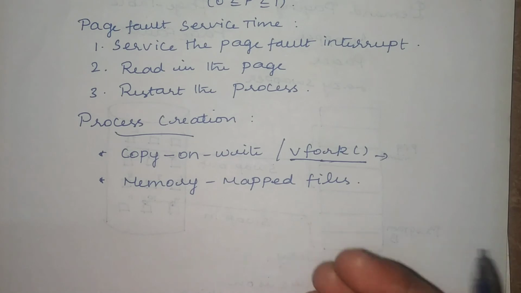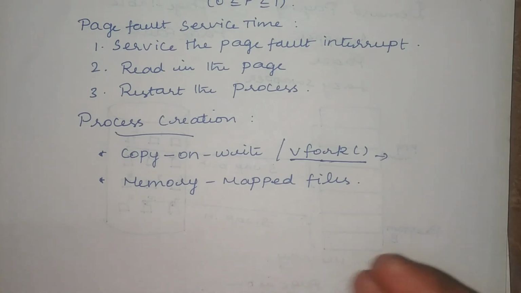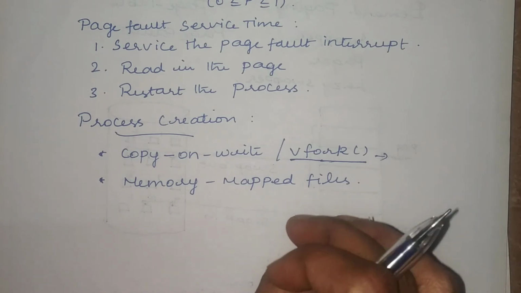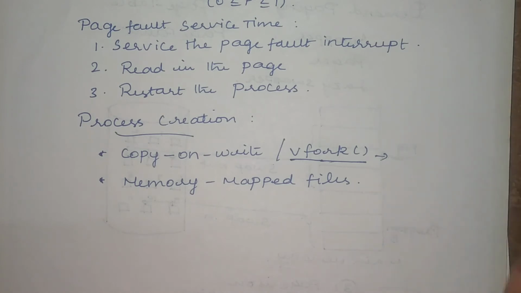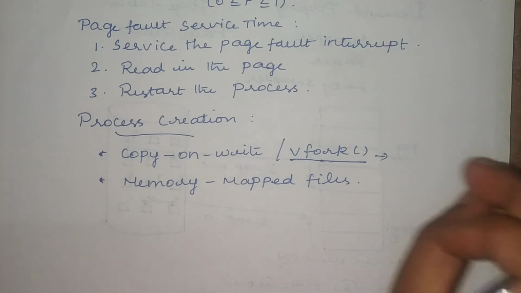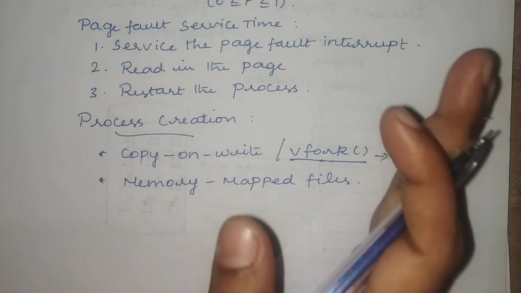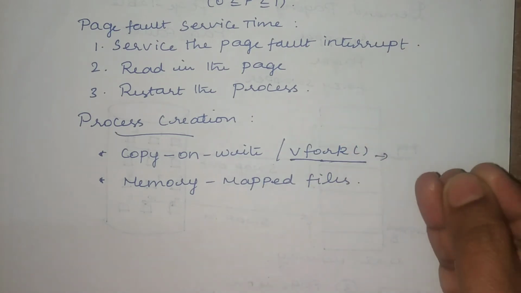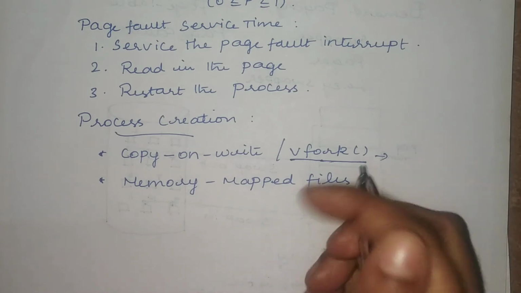Child process doing modification means, if it is trying to change any of the variable values that you have given in the process. Though it is sharing the memory space, if it is changing any of the values that are already stored, that is the modification. And if it does any modification, that will be visible to the parent process immediately, so that it can understand the modification has been done, right?